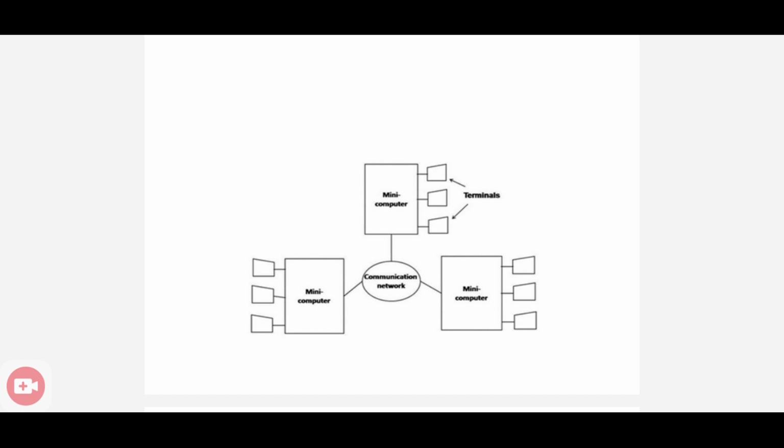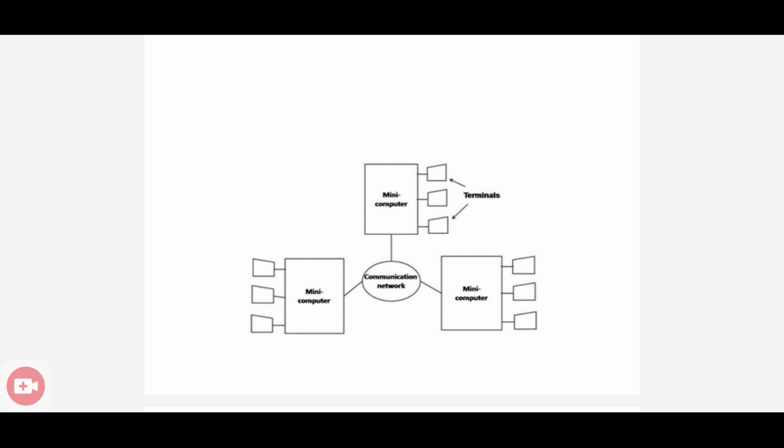By using a terminal, each user can log on to that particular mini computer. Clear? Also there is the property of remote accessing here. That means a user can log on to a particular mini computer by using a terminal and access the resources from any other mini computer. That is the main property of this mini computer model.